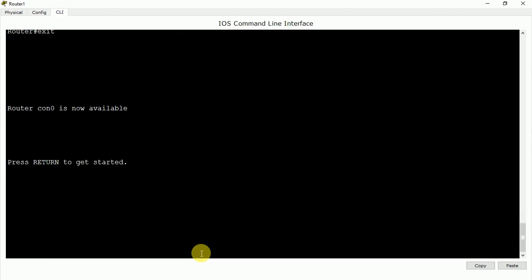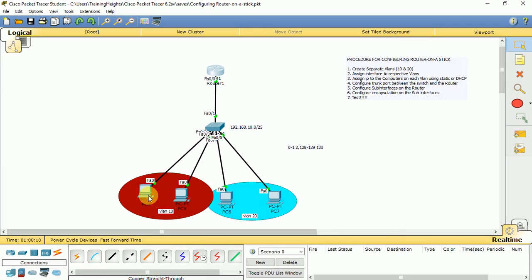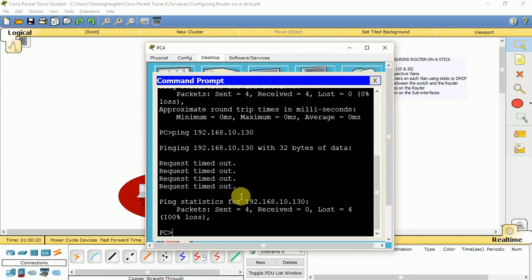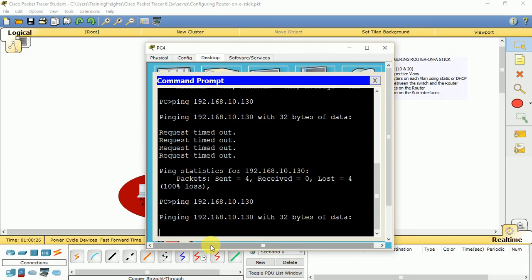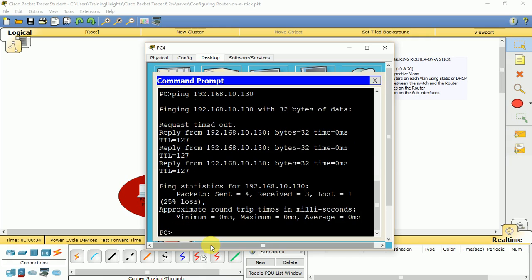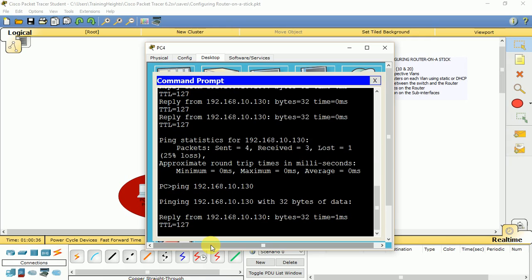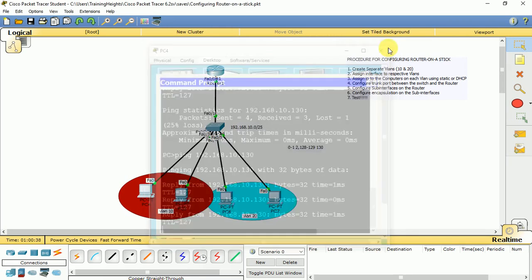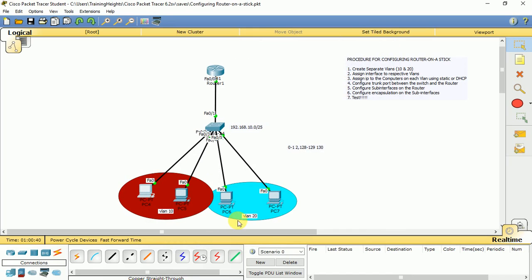Okay, so I'm done. Now let me ping from this PC to the 130 address. Okay, see. So we're good, we're fine. I can ping across now. I can ping from my VLAN 10 to my VLAN 20